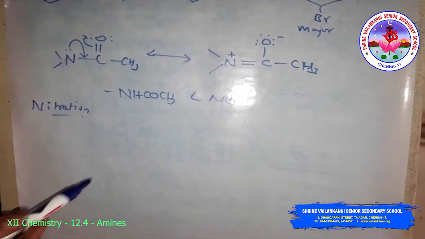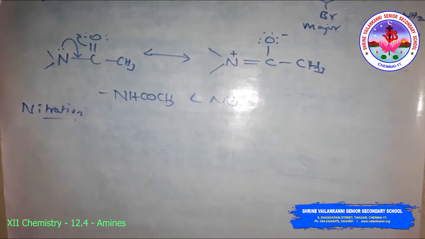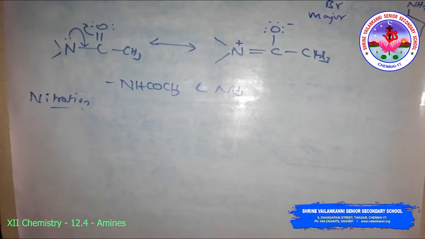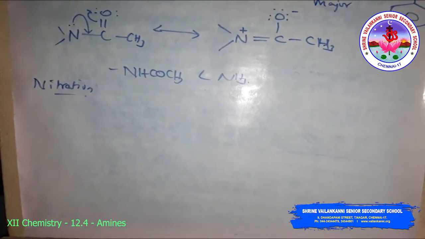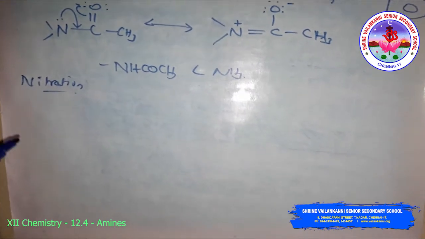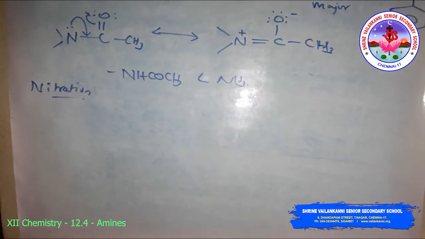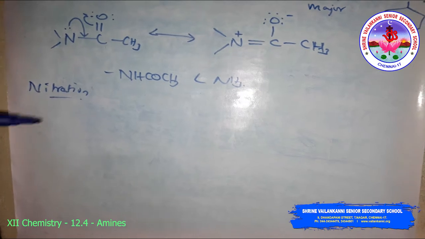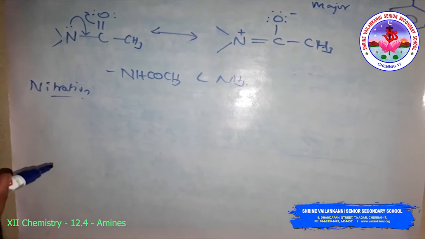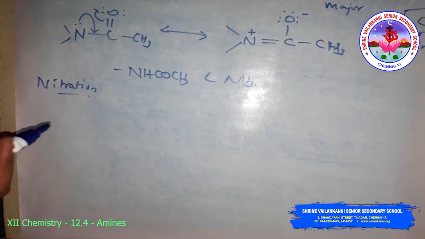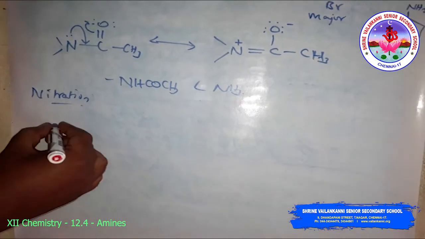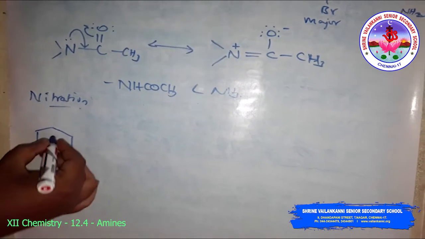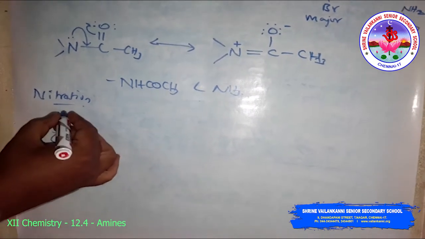That is why, besides the ortho and para derivatives, a significant amount of the meta derivative is also formed. So the reaction is aniline with concentrated sulfuric acid and nitric acid at a temperature of 288 Kelvin. Then you will get